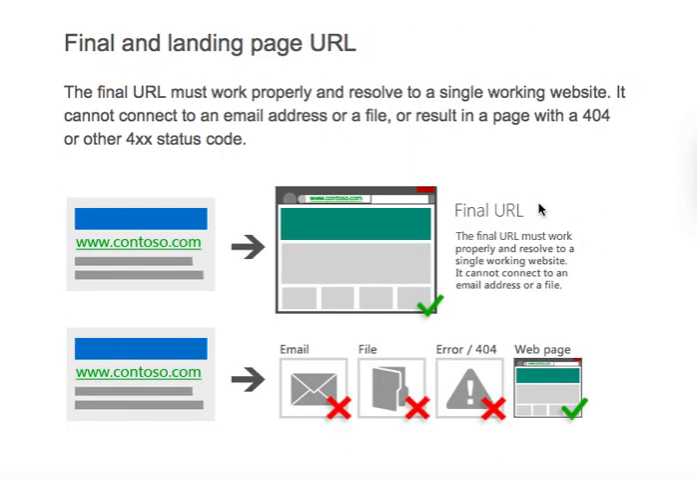Now let's understand the final and landing page URL. The final URL must work properly and resolve to a single working website. It cannot connect to an email address or a file, or result in a page with a 404 or other 4XX status code. Okay, so basically